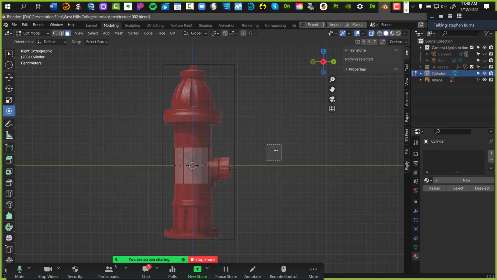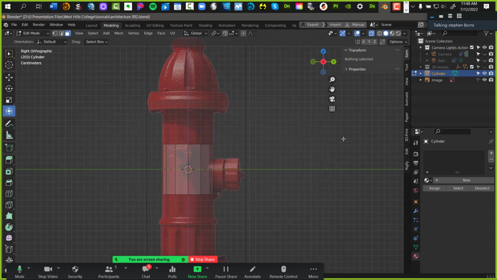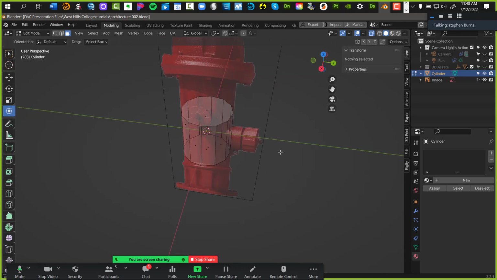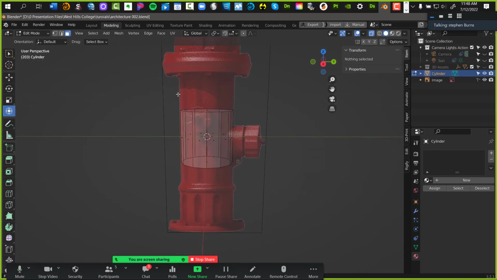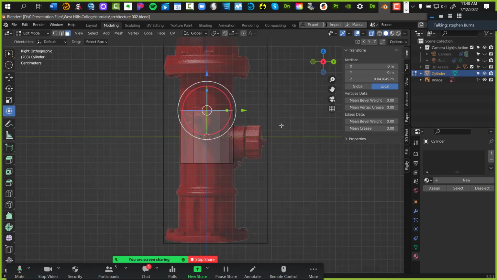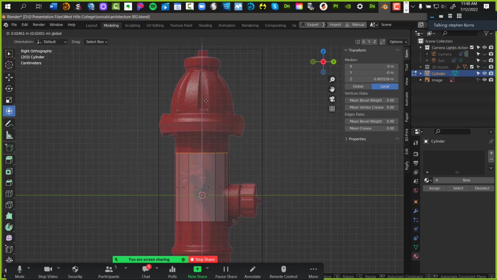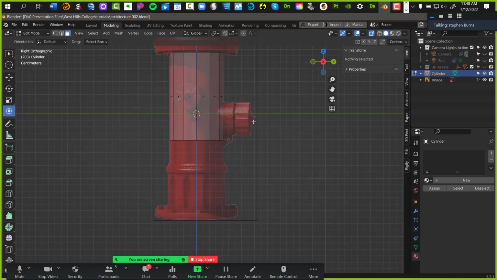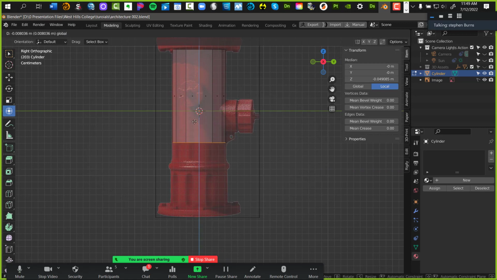We are now recording. Okay, my cube isn't, not my cube, but my cylinder inside is 12 sided. I'm going to go grab this top half here. Hit the number 3 key to go to my orthographic view. Just pull this on up. That's all I'm doing. Do the same thing at the bottom. Grab that, pull it down to the bottom, all the way through.